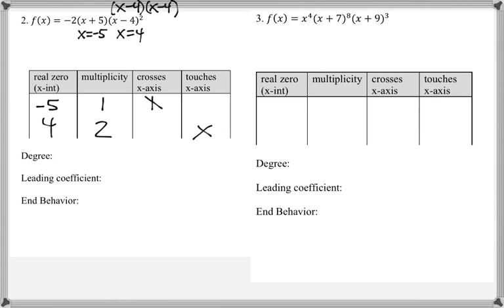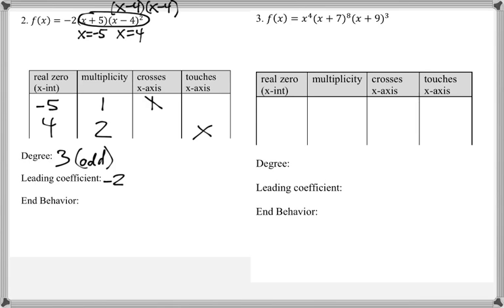So now it's talking about the degree of this polynomial. Well, without having to actually FOIL everything out and put it back into that form, I know that I'm going to have an x squared here, and I know I'm going to have an x here. So at some point when you're multiplying these, you're going to have an x cubed. Another way of looking at it is if you add up the multiplicities, that will tell you the degree. So it's going to be degree 3, which is odd,